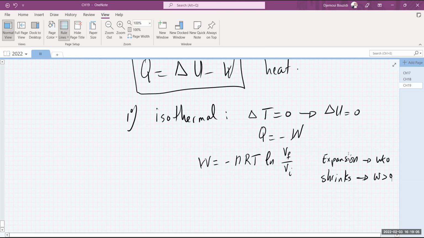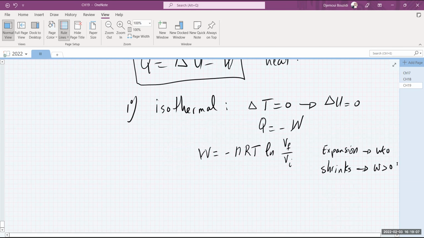It follows immediately in an expansion that Q is positive, because of this expression. In this case, Q is actually positive, and in this case, Q is negative, okay? So that when I add them up, they end up to be 0, because the energy has to stay 0. So this takes care of everything that we need to know about this process, okay? So that's it.